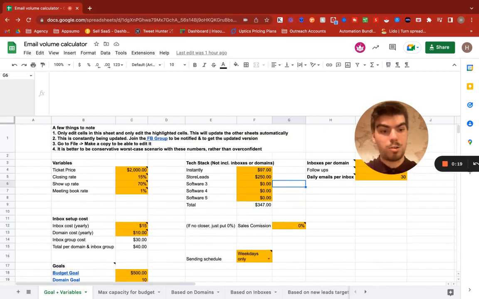The short version is this is a document that will help you to calculate how many domains and inboxes you need to be able to hit specific goals. So a big theme in outreach is you need enough volume, and to do that, you need multiple inboxes. Or this could also apply for social media accounts, but the main emphasis is inboxes and email outreach, right? So